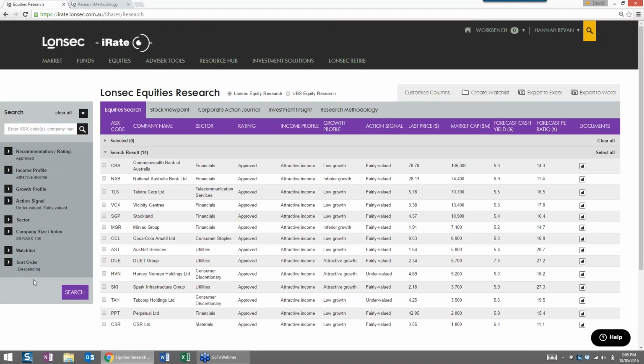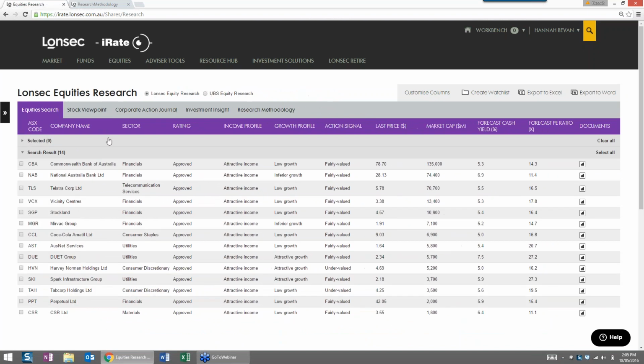and there's the search results there. So there are 14 stocks that are suiting that criteria, have been approved, attractive income, currently undervalued or fairly valued, and they're sitting within the ASX 100. I'm going to minimize the search box, clicking on these double black arrows, so you can see everything on the screen a bit easier. So with the search results, you can see we've got basic information across the screen here